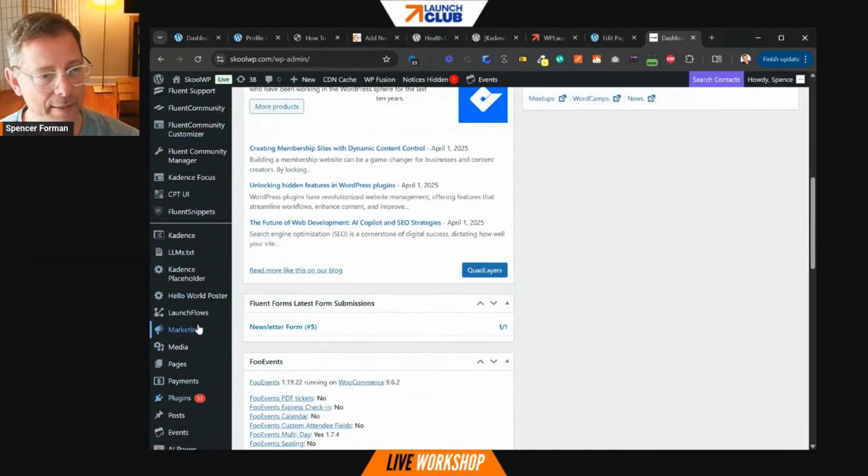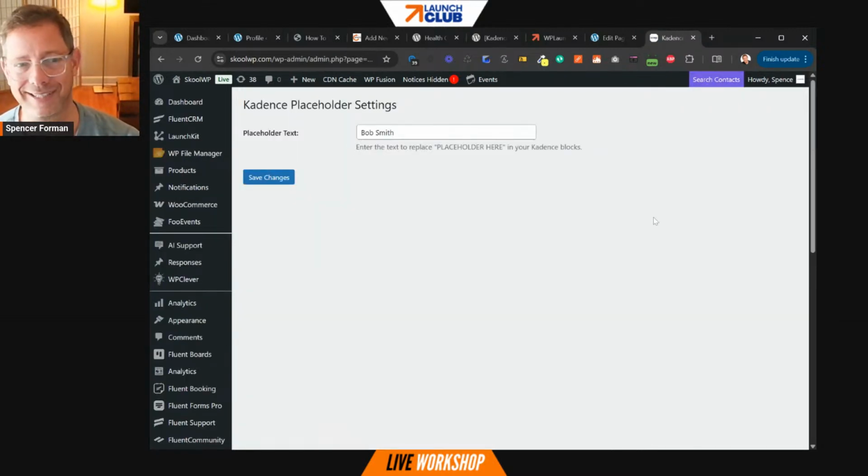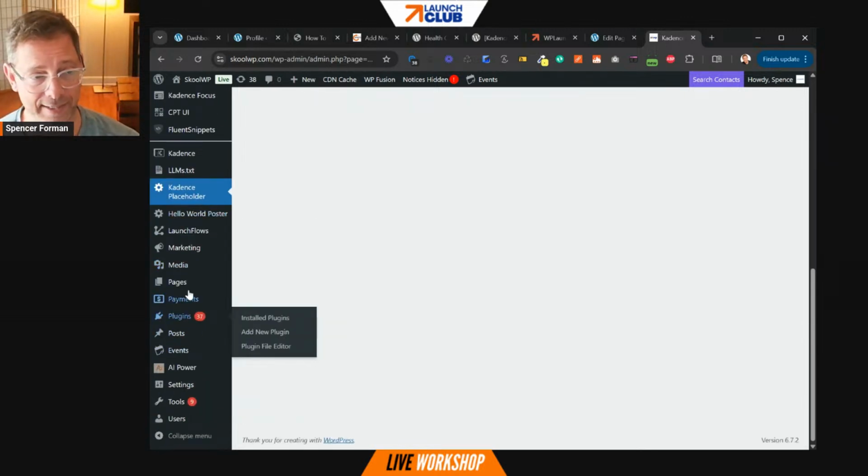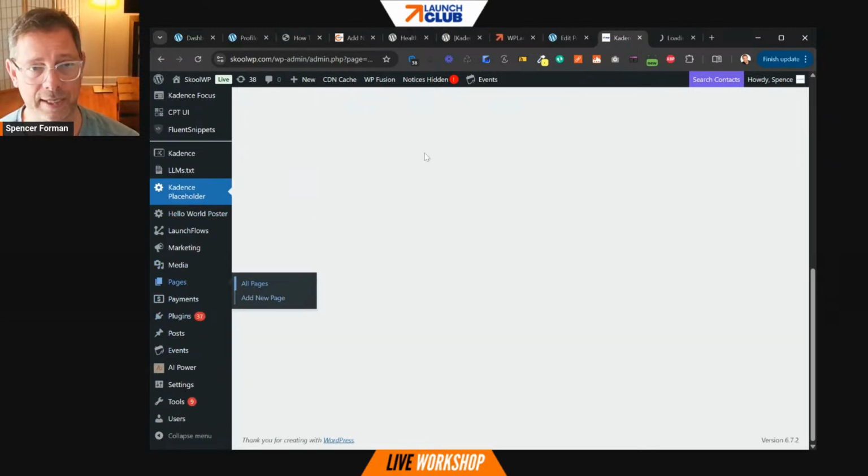Okay, so I believe I have it here. Cadence placeholder. I might call it Minute Launch placeholder. It's an easy concept. So here's one word. We're going to have multiple fields. There might be 20, 30, 40 fields to fix and set up a site for yourself or a client. Anywhere I put the word placeholder here, it is going to replace that with whatever word I save in this field. Okay, so whether myself or the AI does it, if I go here to the pages,